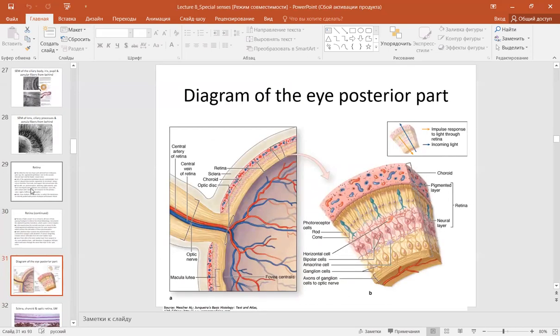Here you have the diagram of the posterior part of the eye, showing you the optic nerve with the fibrous capsular coat, the sclera, choroid, retina, with pigment epithelium contacting the choriocapillary layer of the choroid, the rods and cones layer, the outer membrane layer, the outer plexiform layer, the inner granular layer, the inner plexiform layer, the ganglionic cell layer, the nerve fibers layer, and the inner limiting membrane